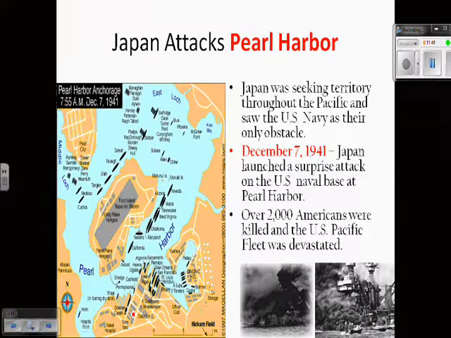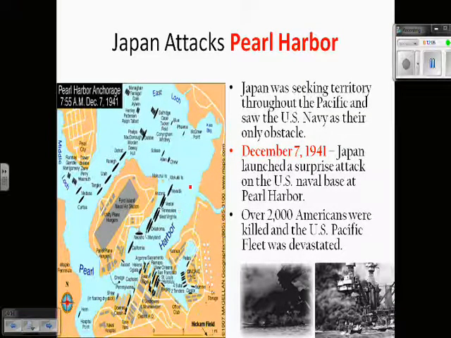Right, now, we know all about Pearl Harbor. We talked about it on Pearl Harbor Day. But Japan, also seeking to expand land, was expanding all throughout the Pacific. Now, they saw far enough into the future that they realized eventually the United States would be their only obstacle. So they launched the surprise attack on December 7th, 1941, killing 2,000 Americans. Now, this map is